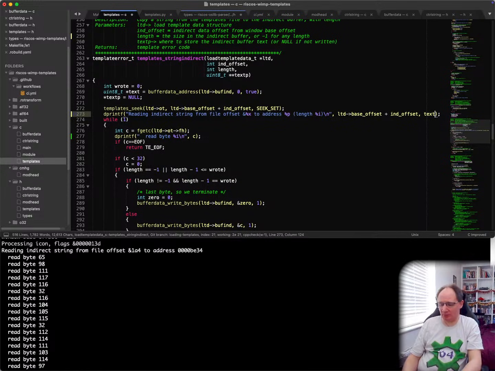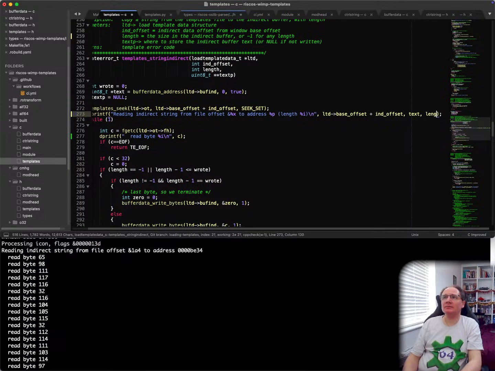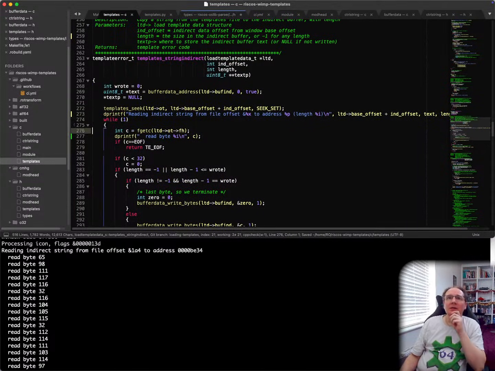And length in there as well. Read a byte. If length is less than wrote, how much we've written, then if it's -1, so if we can write some data. If any was allowed,